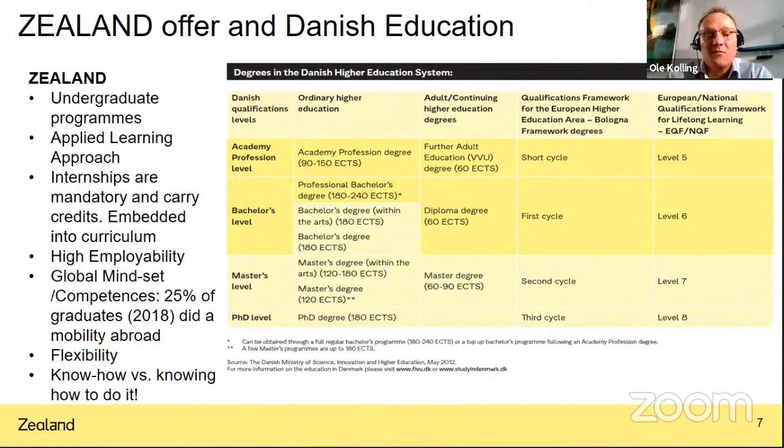Now, in a popular way, you could say the difference between us as a University of Applied Sciences and a research university is that a research university is focused on know-how. So their focus is how to put as much theory in your head by studying, by reading books, by going to lectures. Our focus is perhaps a little bit more on knowing how to do it. So you have to learn the same theory on the same level, but our focus would be not only on learning the theory, but how to put the theory into practice, how to use the theory you're learning with respect to the degree you study and prepare yourself for.